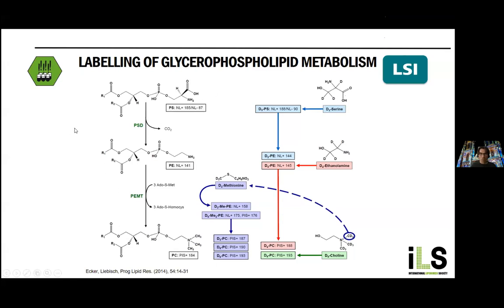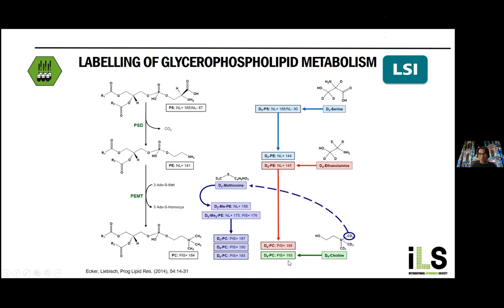Aoki told you that already. You can introduce, for instance, a labeled ethanolamine to label your PE species. So you will have not the neutral loss of 141, but 145. Or the choline, if you use a D9 labeled choline, you will have not a 184,